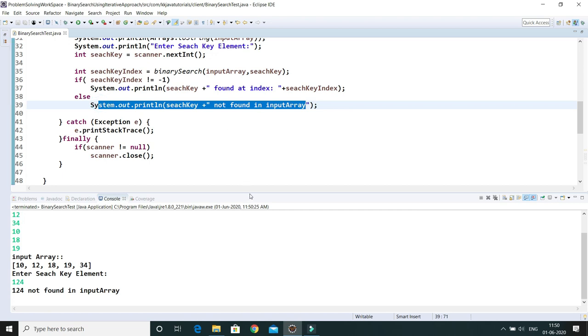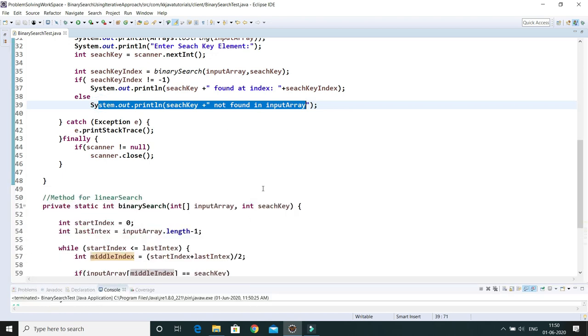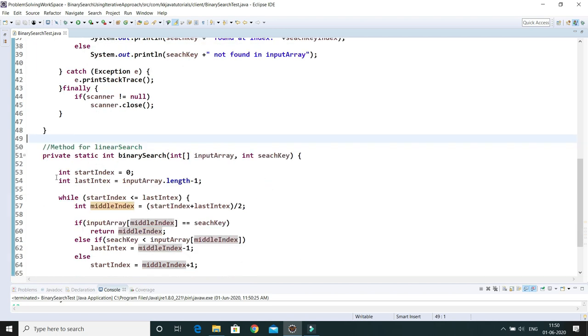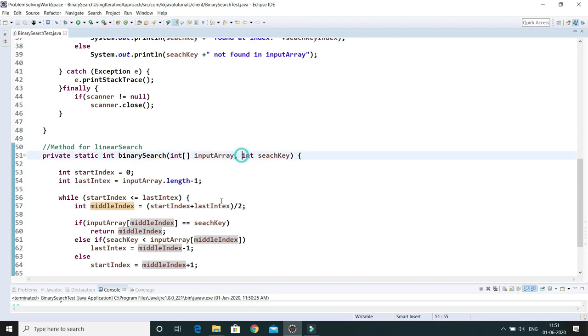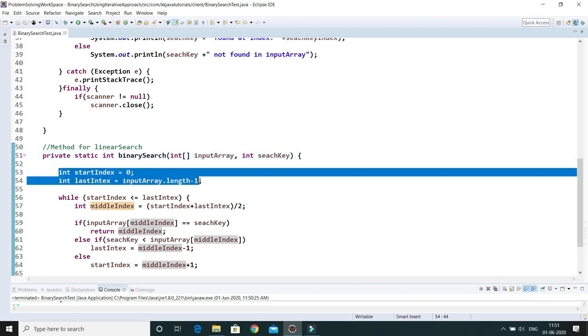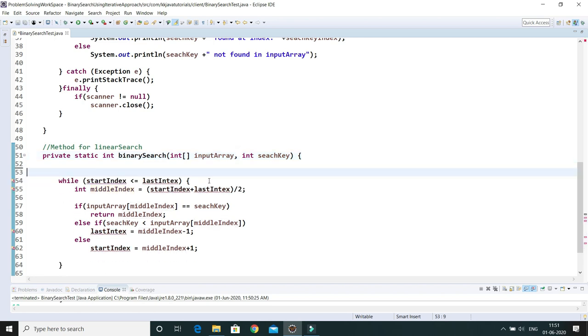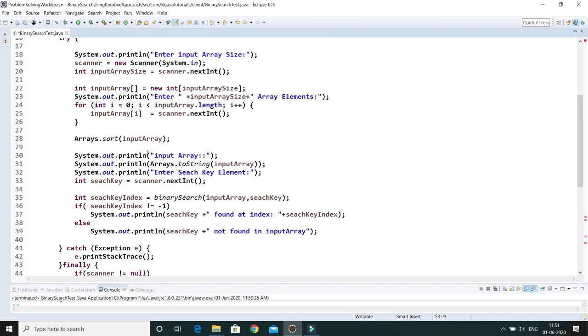So this is the code, but there is some modification we can do. These are things we have hard coded over here. Instead, we can pass them to this algorithm itself. So I'll cut this code, and here we are making a call to this algorithm.